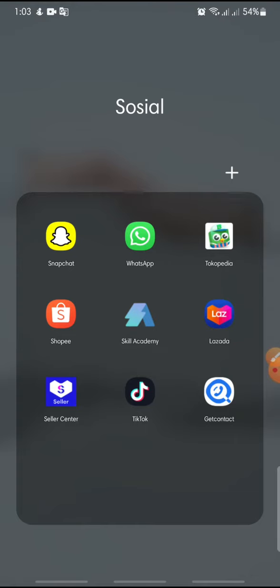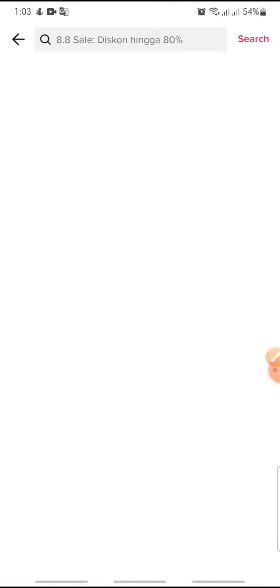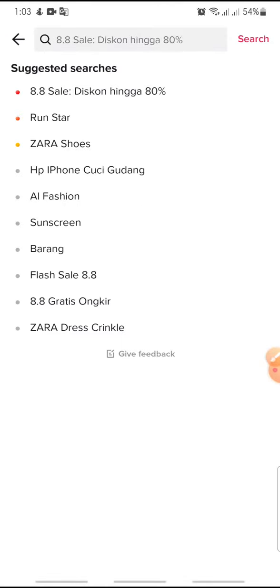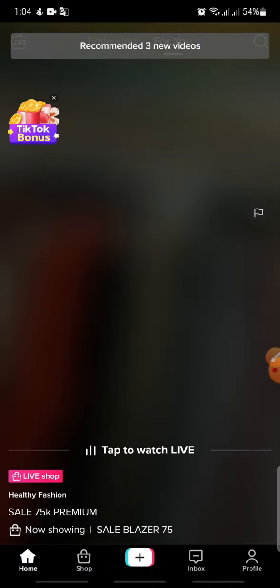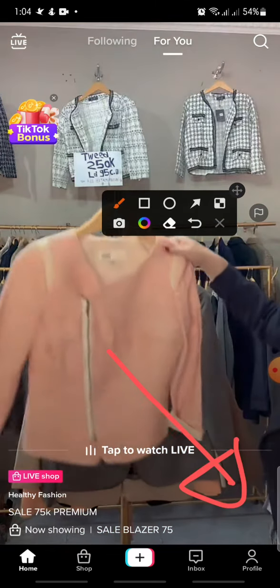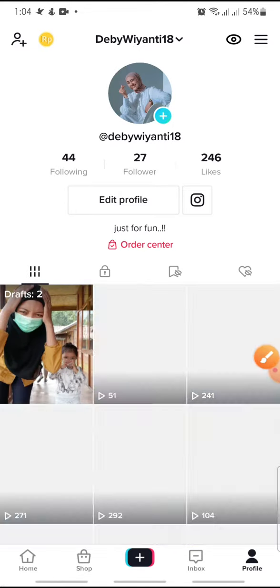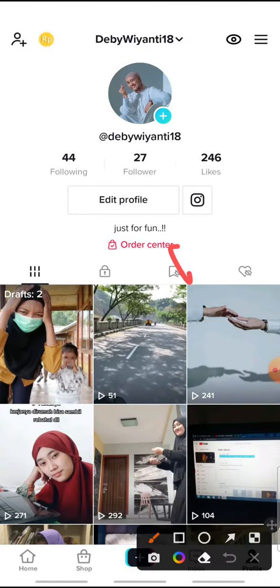In this video, I'm going to show you how to see effects saved on TikTok. Now let's get started. First, open your TikTok app, and then in here, if you want to see the effect that has been saved on your TikTok account, it's so pretty simple. So you just click on the profile icon at the bottom, click on it, and then in here you just click on the save icon, this one,